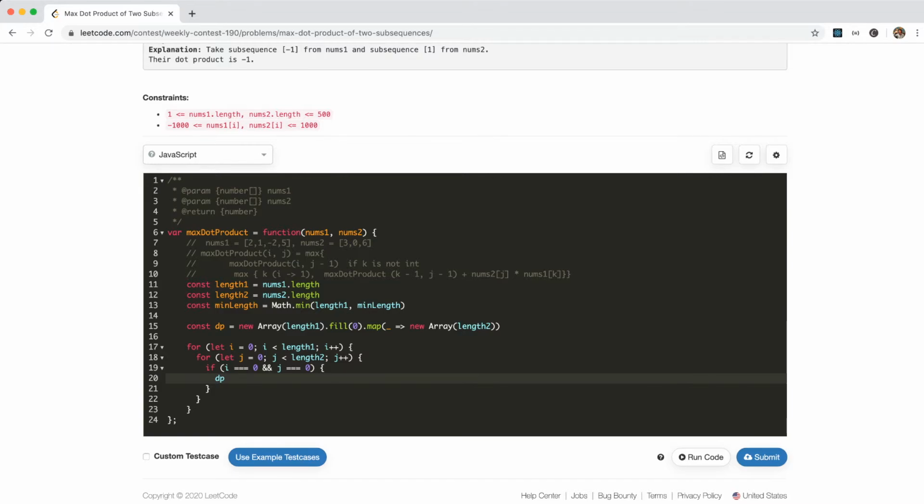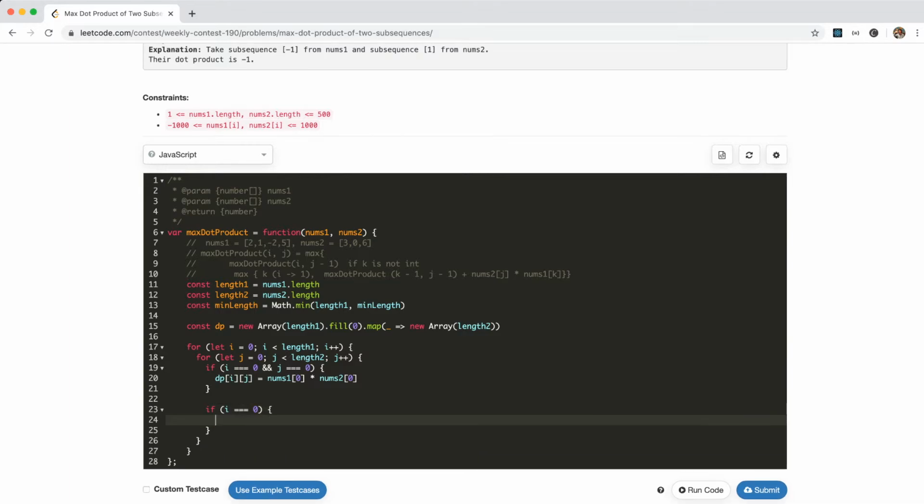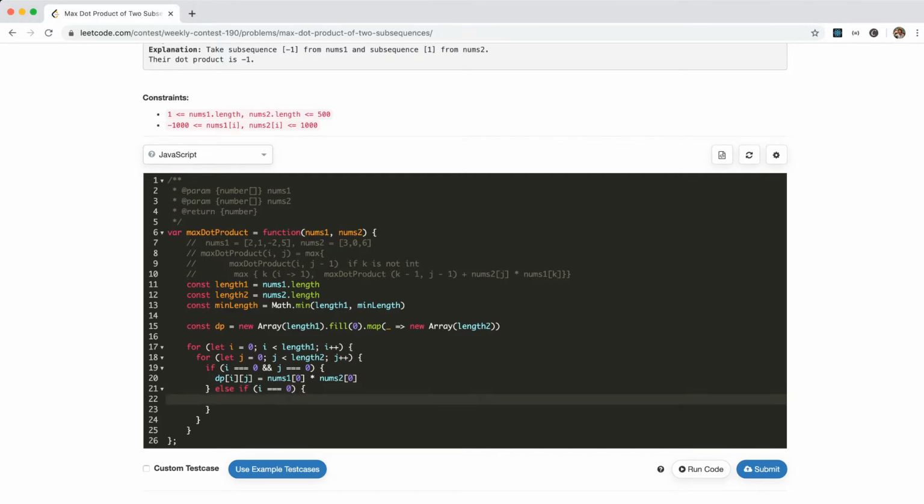if i is 0, j is 0, then it must be itself. So dp[i][j] equals nums1[0] times nums2[0]. Right? And for the other case, if i is 0, then it's the column, right? It's the column, so